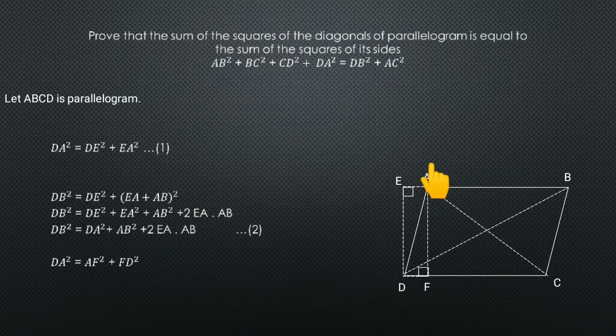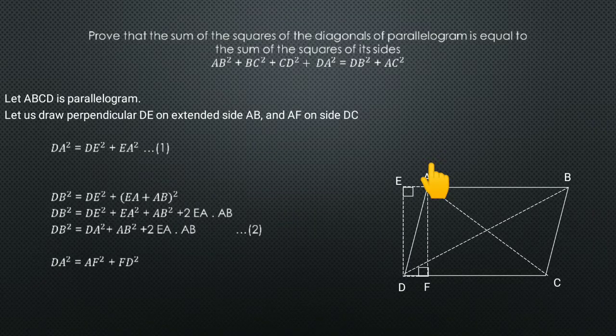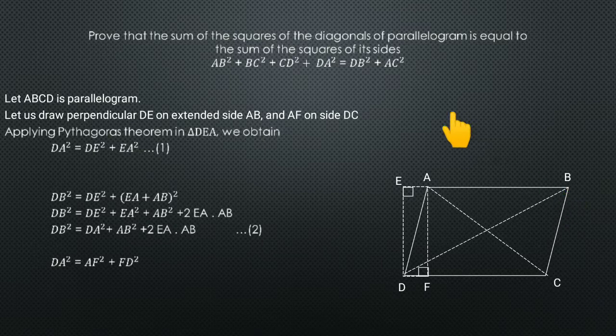Now, let ABCD be a parallelogram, and we have to construct AF, which is perpendicular to DC, and DE perpendicular to BE. Now, here we have to prove that the sum of squares of all the sides is equal to the sum of squares of its diagonals. For proving this result, first we have to apply Pythagoras theorem on